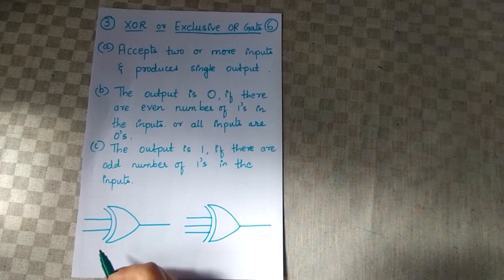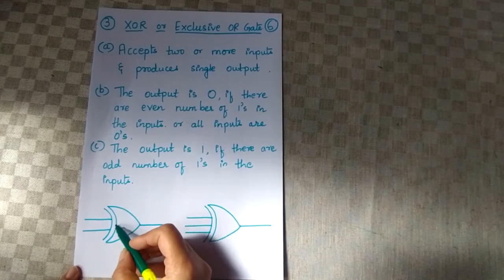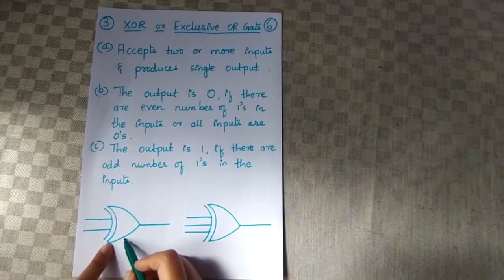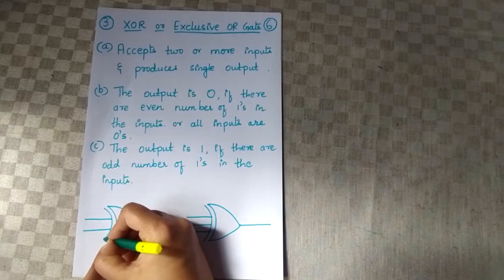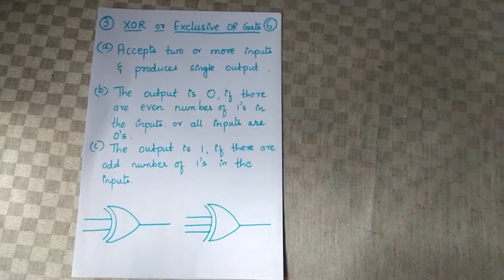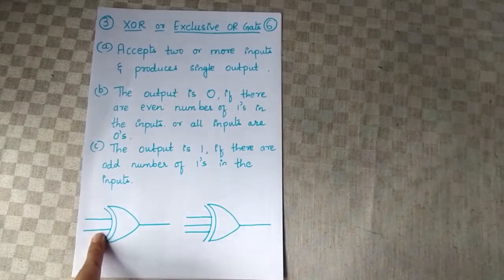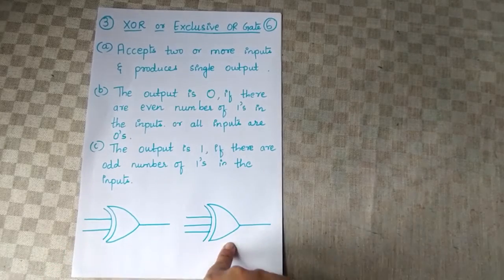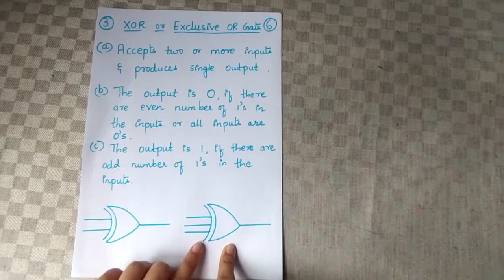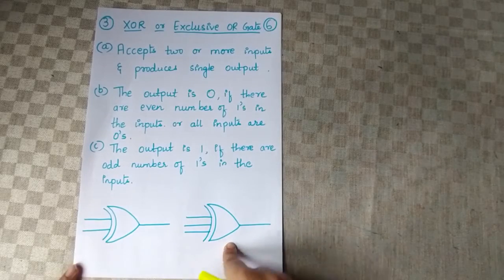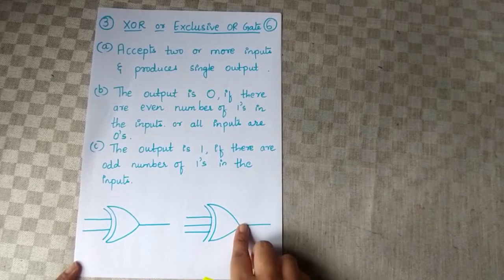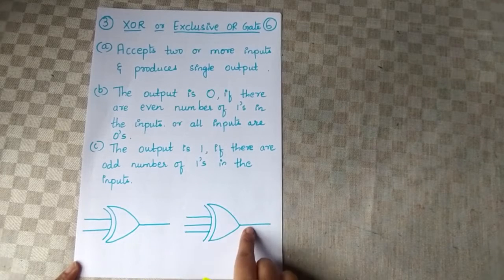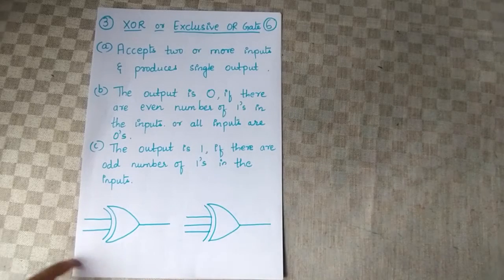Just observe here. You will be drawing the OR gate symbol as it is. With that, you are going to prefix another semicircle for the exclusive OR gate and then provide the two inputs, and it produces the output. You can also have more than two inputs. So I took just a logic diagram example for 3 inputs also. So you are first going to draw the OR gate prefixed with a semicircle wherein 3 inputs are given and results in the output. Okay.